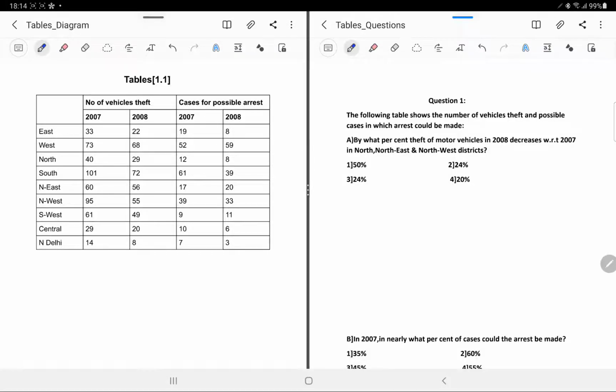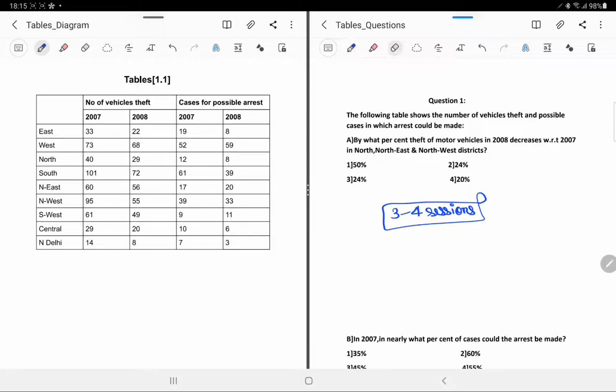Okay, so hi guys. Today we will be starting with our session on tables. As decided earlier, I'll be trying to cover each and every question type that you have for the tables. So I'll be taking 3-4 sessions of yours to complete the entire concept of tables. Starting with that, let's see what a table is all about.